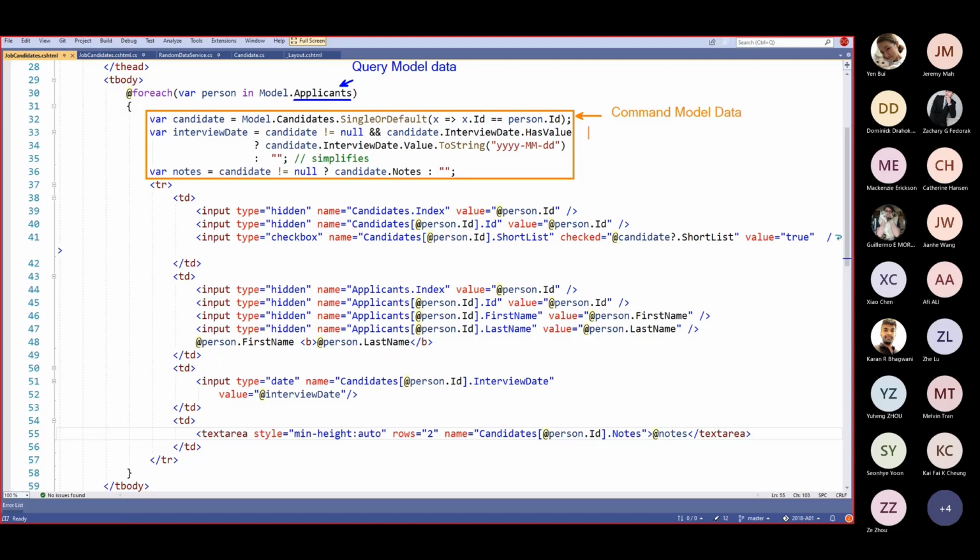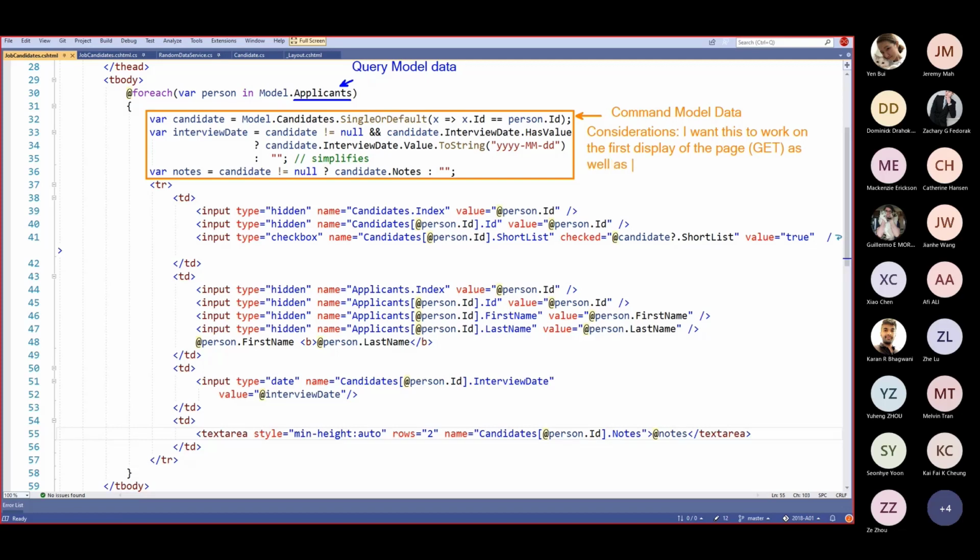The considerations that I want to keep in mind is I want this to work on the first display of the page, so when they are first doing their original GET request,